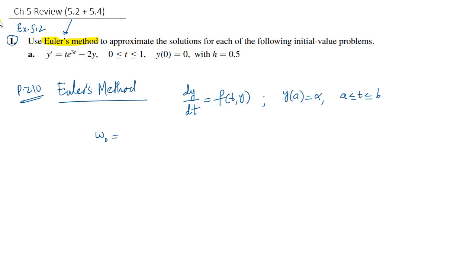Alright guys, so let's review 5.2 and 5.4. 5.2 has the Euler method, which is a method to solve a differential equation of order 1, initial value problem. So if the differential equation is given as dy by dt is equal to f of t, y, and this is the initial condition, right? This is the first order differential equation,